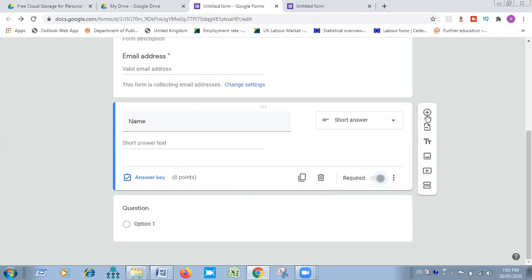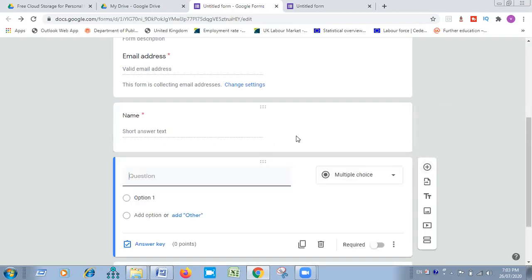Now again, I would like to add another question. See, here asterisk has come, means this is a mandatory field. Now each and every student should write their class with section. So I would write it class and section, class with section.